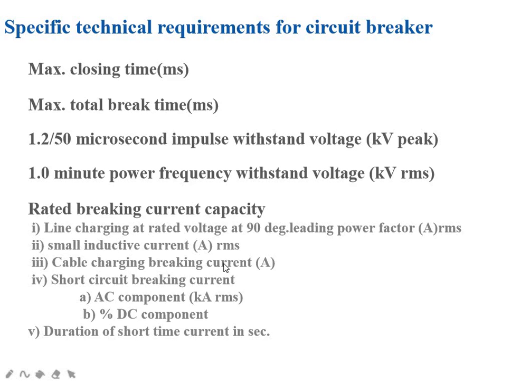Then cable charging breaking current, also mentioned in ampere. Then short circuit breaking current, the AC component, is mentioned in kiloampere RMS, and we also have to consider the presence of the DC component because of the fault in the system. We have to consider both components in case of this